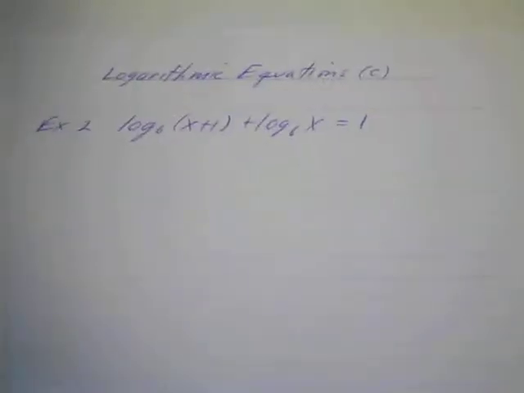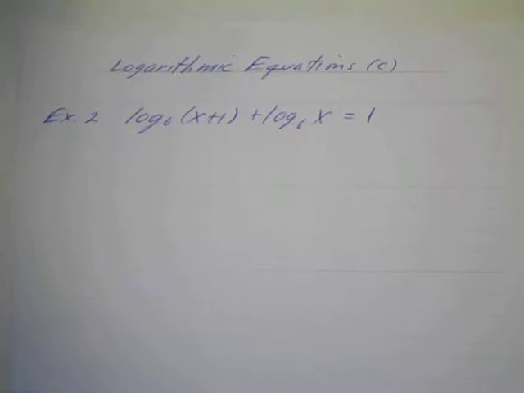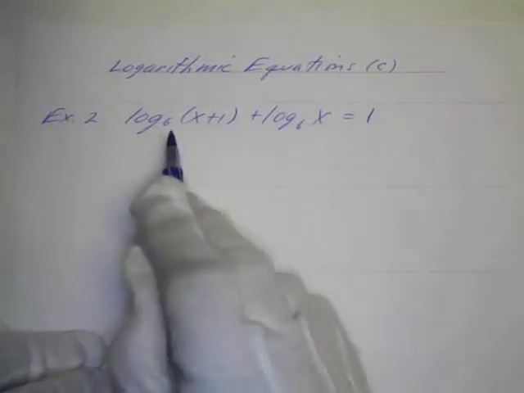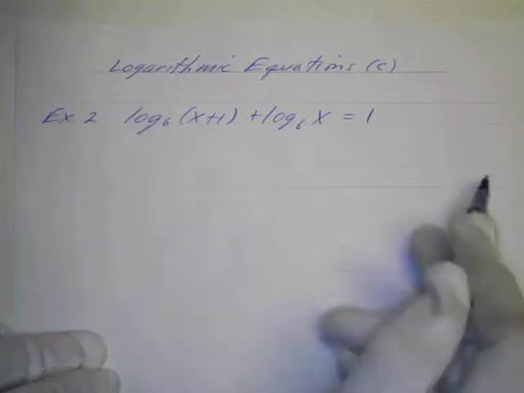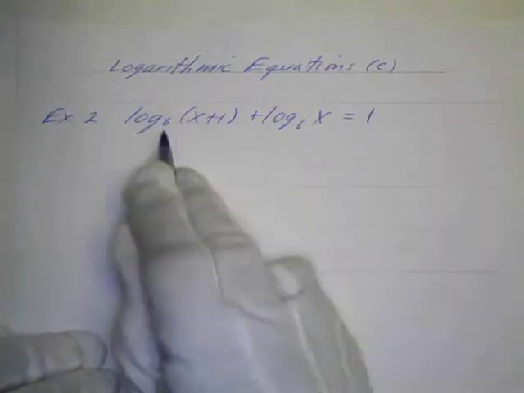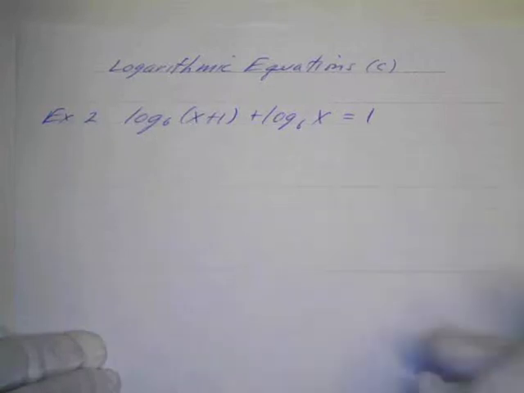Now this has got several little complications to it, which makes it a very interesting problem. So first of all, we've got two logs on the left, so we want to consolidate this, but we got a 1 on the right. Now we want to have everything to be log to the base 6, so how can we write this? Well,